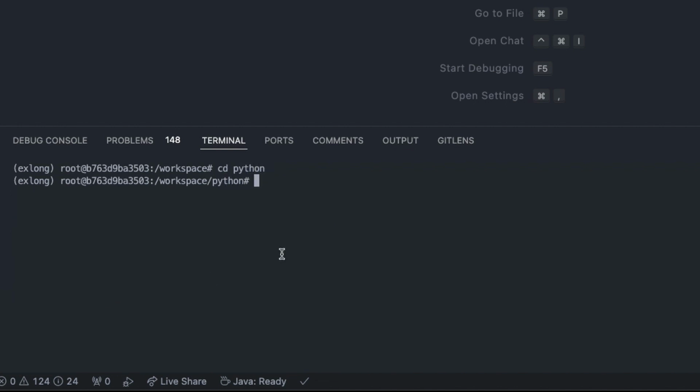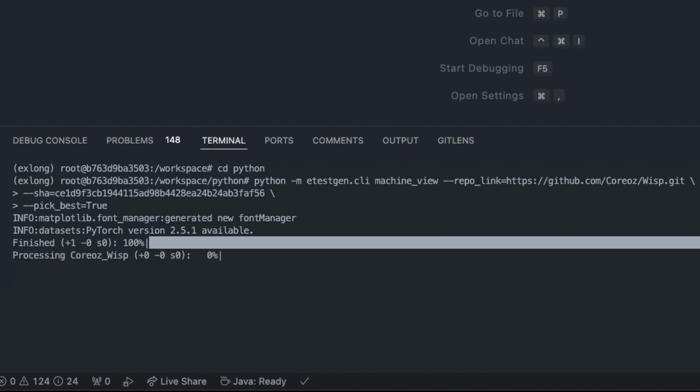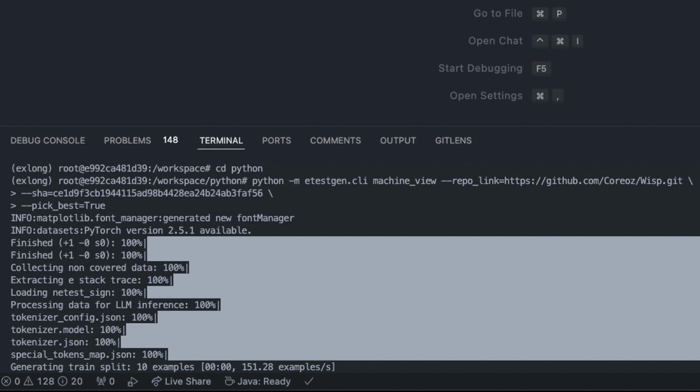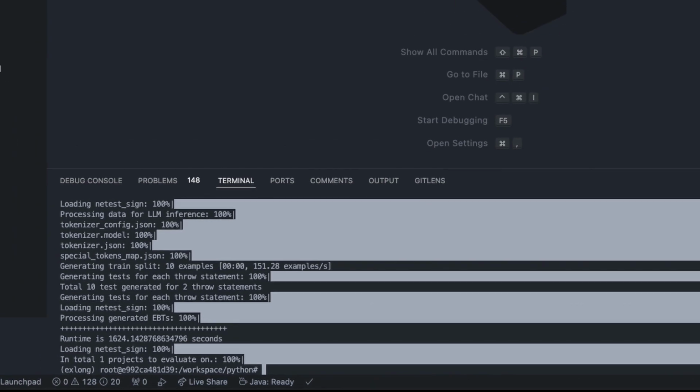After entering the Python folder, I can run the appropriate machine view Python script, passing in the required argument for the project link or path to generate EBTs for. Some optional arguments include custom commit SHA, and if exLong should create multiple prompts and choose the best generated EBT. As this is running, this is a good time to mention that we have a quantized version of the fine-tuned LLM available for inference. Thus, although I'm running exLong on a laptop with no GPU, my machine is able to complete this computation. As the script finishes running, we can see that exLong has created and tested multiple EBTs,